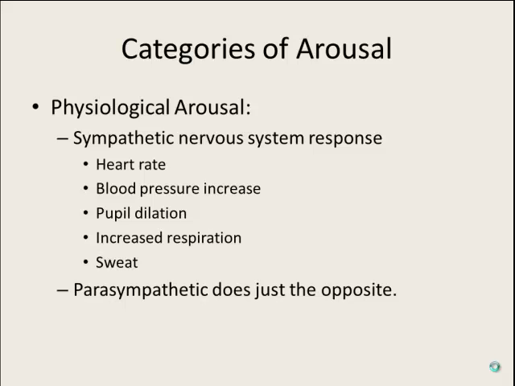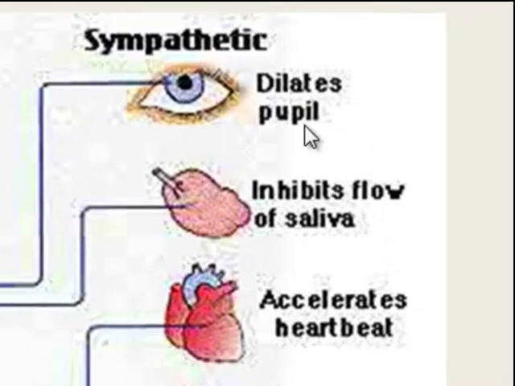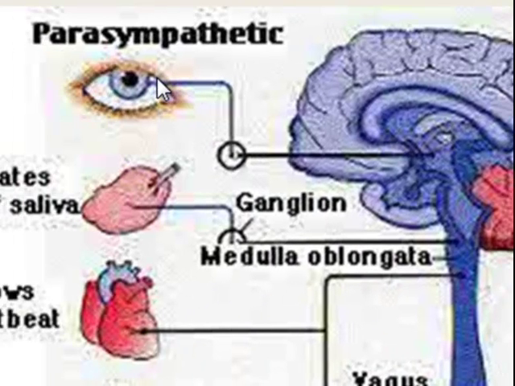The parasympathetic counteracts the sympathetic. These are all part of your autonomic nervous system. These are autonomic, and I like to think about them as automatic, right? Because you don't have a lot of control over whether your heart rate increases or your palms get a little sweaty. So if you look at this, for example, in sympathetic activity, your eyes will dilate,